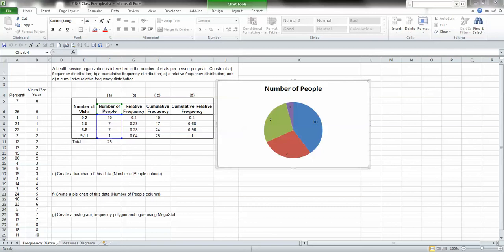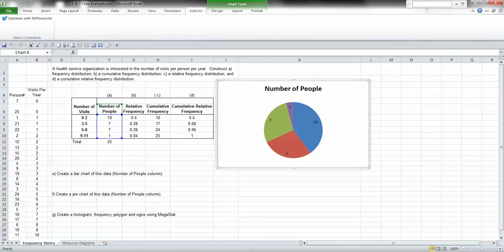Our final step is letter G. Create a histogram, frequency polygon, and ogive using Megastat. You'll remember that the ogive is really just a cumulative frequency polygon. In order to do this step, we will go into the Add-ins ribbon tab in Excel, and you should see